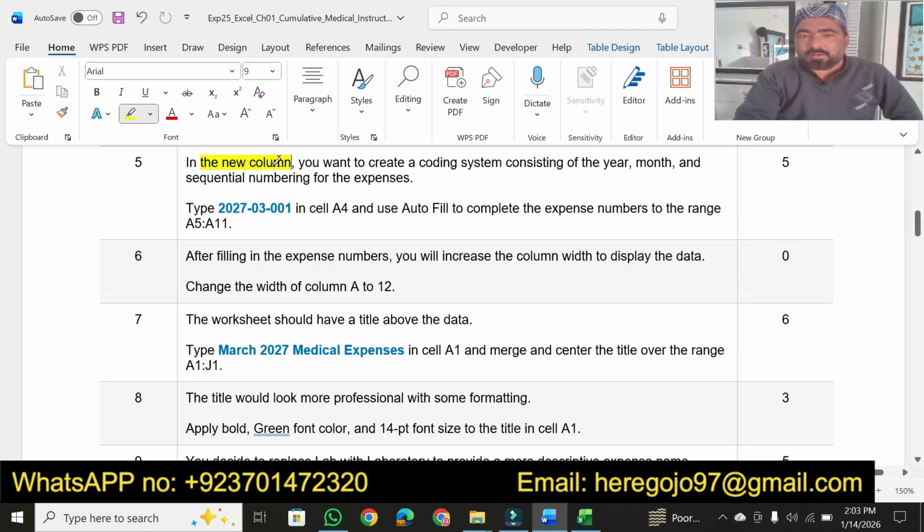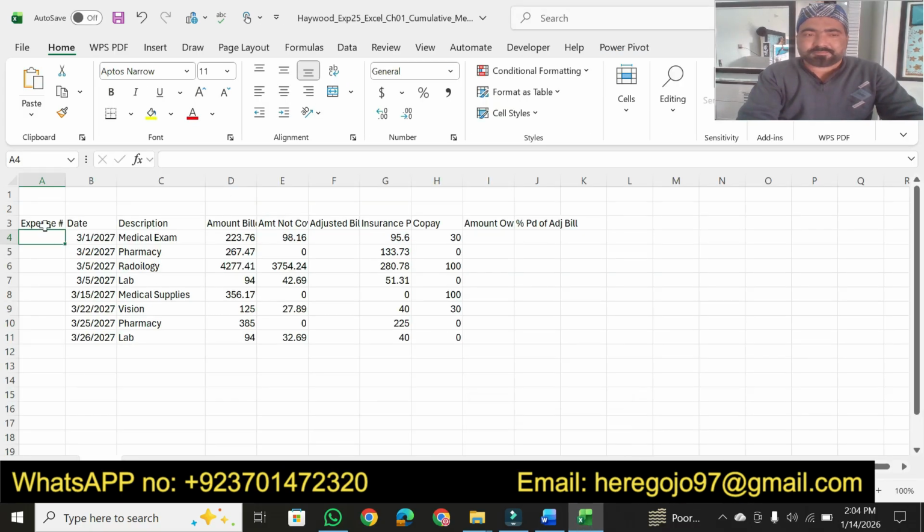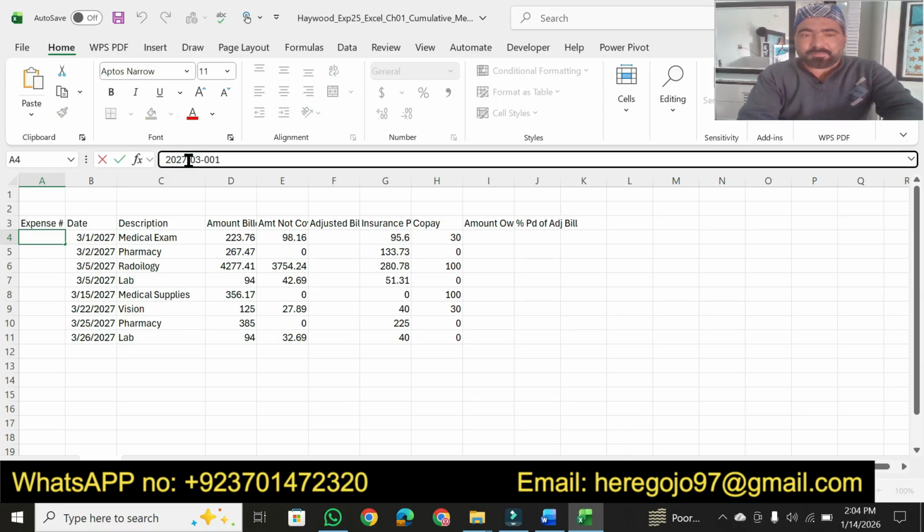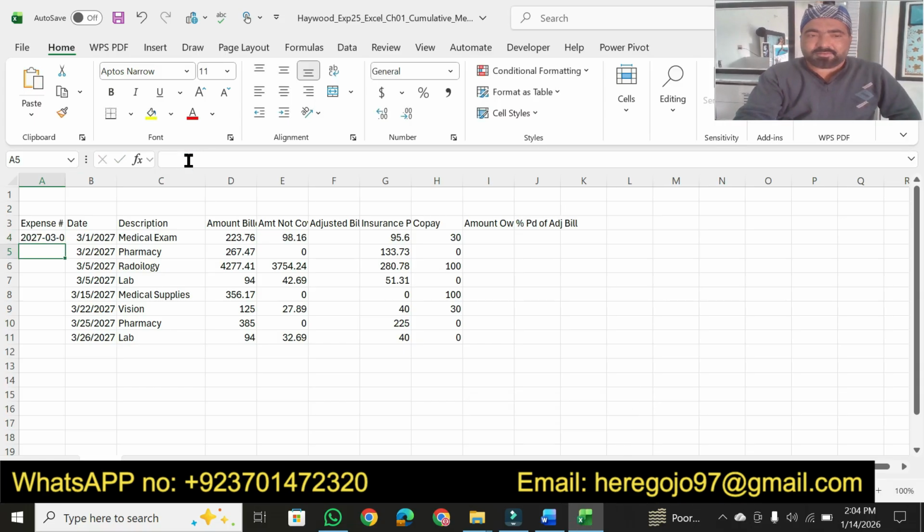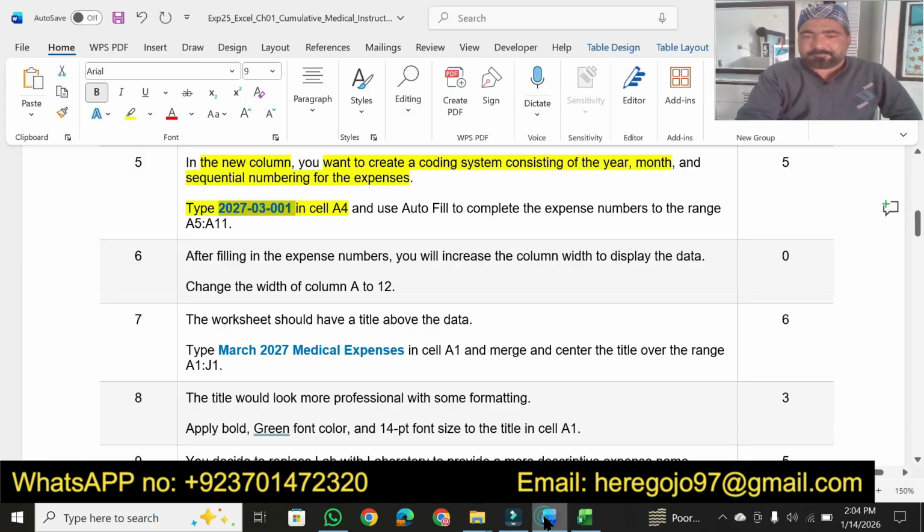In the new column, you want to create a coding system consisting of a year, a month, and sequentially numbering for the expenses. So type this one in cell E4. First we have to copy this digit, then come on E4 and here we have to paste that one. Press enter. Then now what we have to do next,